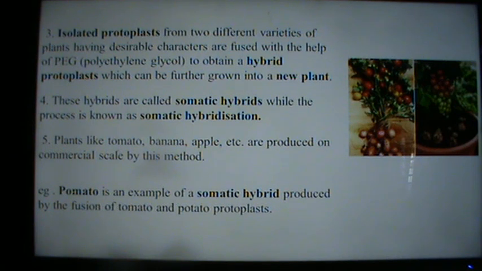So I think these slides and the classes will help you to learn better. Please be very thorough with your NCERT textbook, learn it and see the questions. Try to solve the question papers of previous years. Very important concepts are dairy farming, apiculture, pisciculture and the differences between them, then biofortification, tissue culture, somatic hybridization, and examples of plants bred for improving food quality, and insect-free and disease-resistant plants.